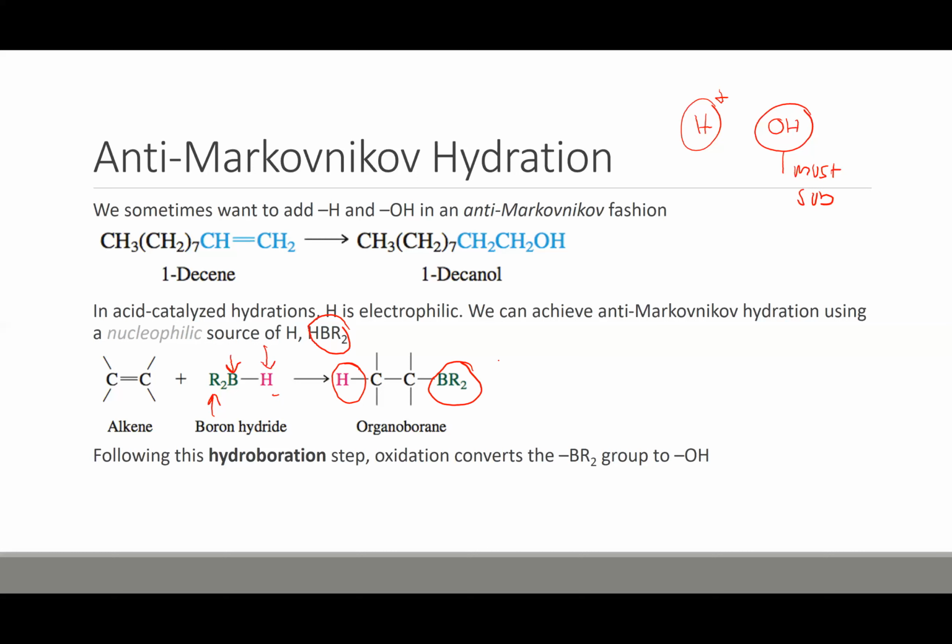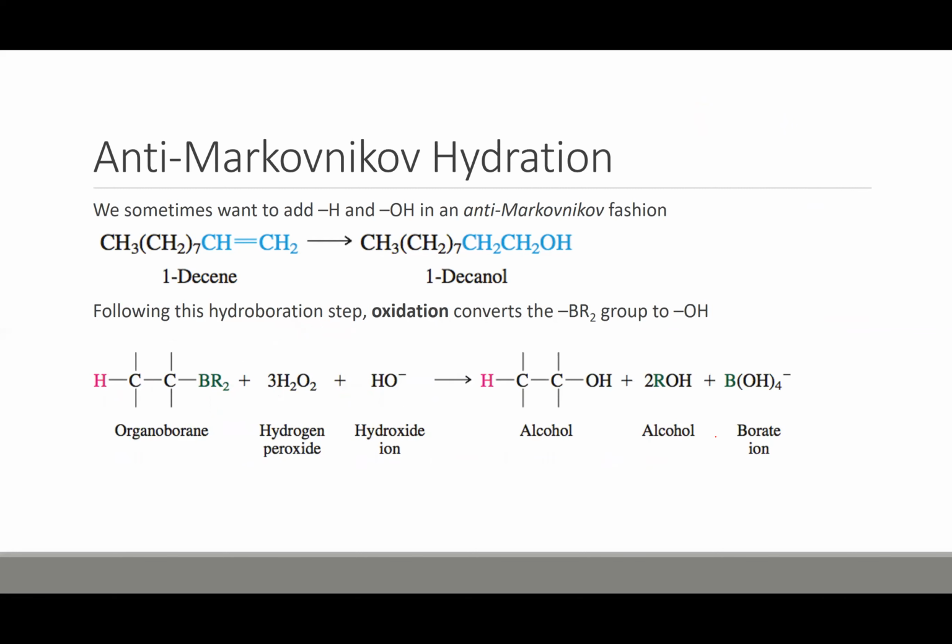Once this step is finalized, we're going to convert that BR2 group to an OH group. So after the BR2 group is added, and it gets added onto the less substituted side,